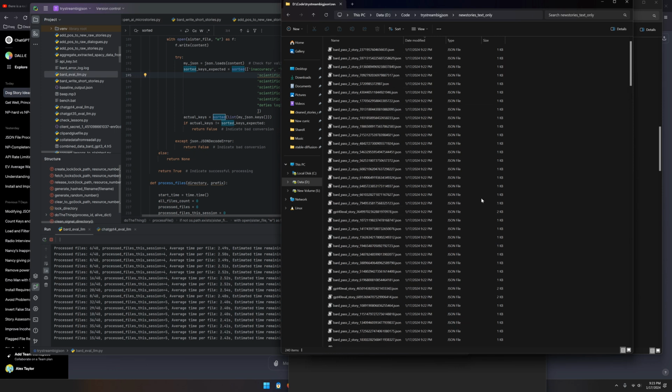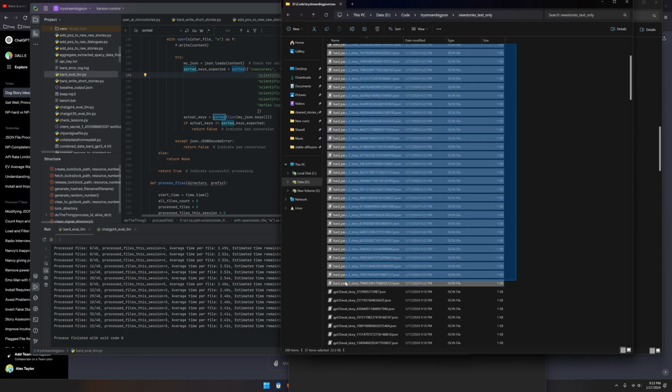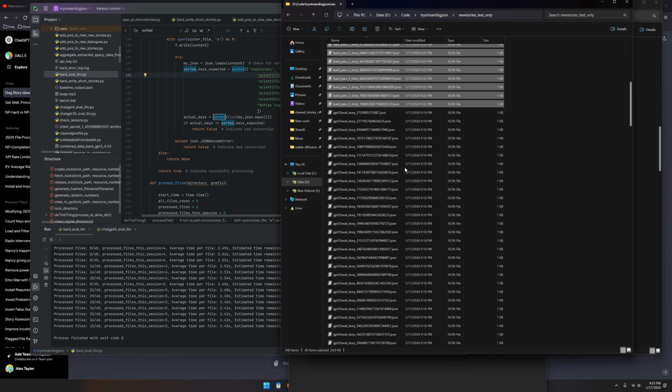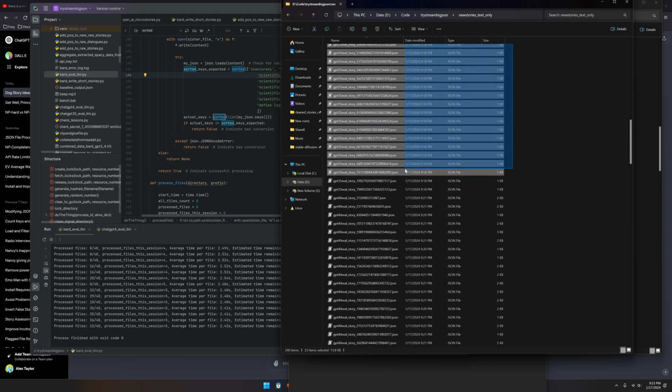So Bard pass, here, let's sort by name. Bard pass, there's 40. Oh, twice as many, I guess. I guess I did twice as many stories, sorry. So yeah, it was 20 for each engine. That's what it was. GPT 3.5 evaluate story. There's 40.